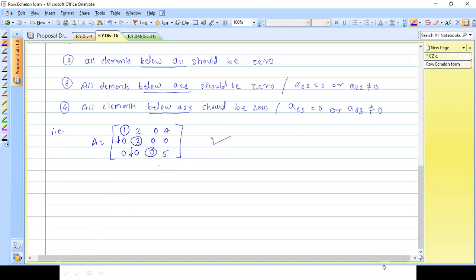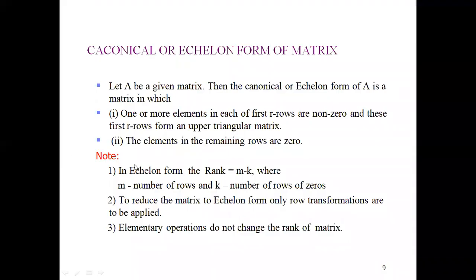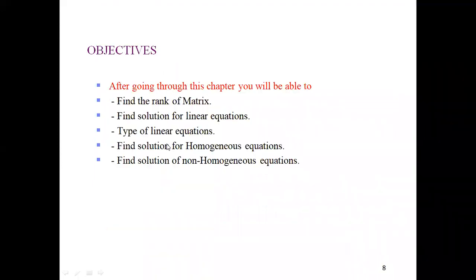Yes, please. Sir, if we want to bring a matrix to row echelon form, can we do row changes? Yeah, you are allowed to do the row changes. After doing this, right now, whenever we have the example, they have given some other matrix. Now see here what I am focusing on. I am focusing on this thing.